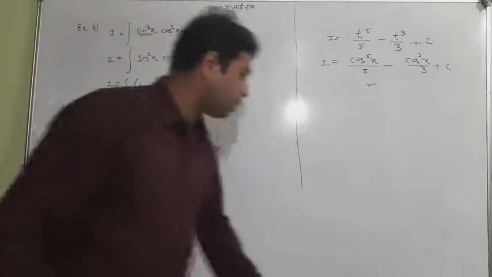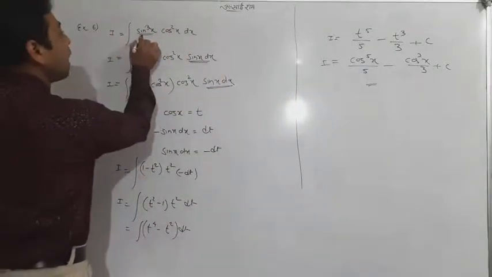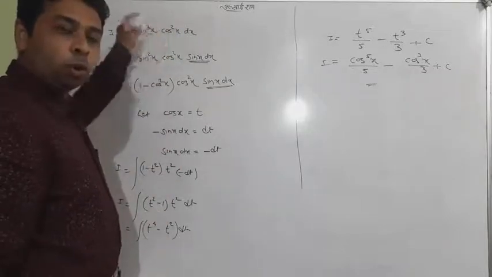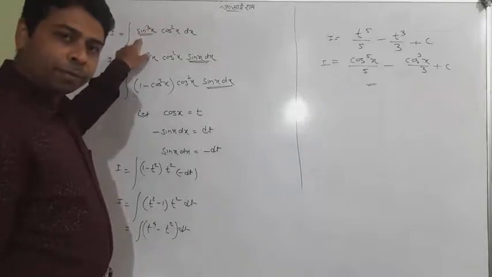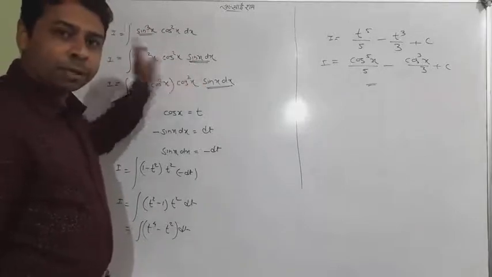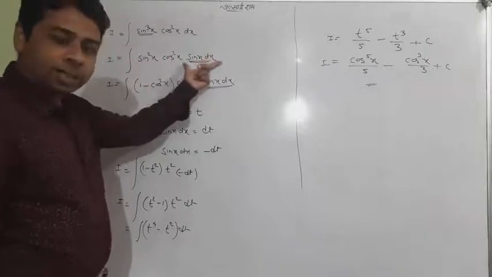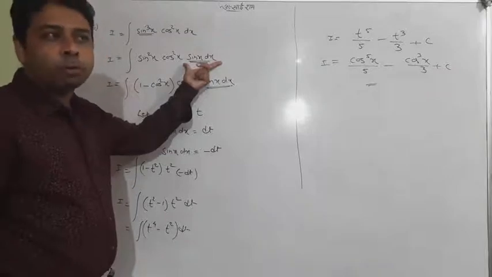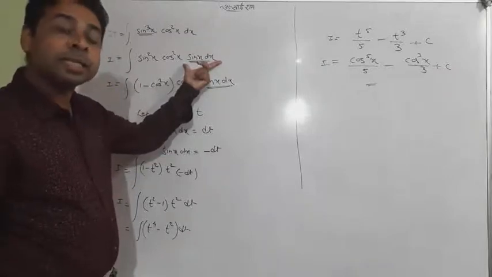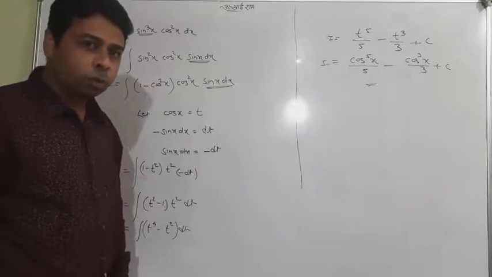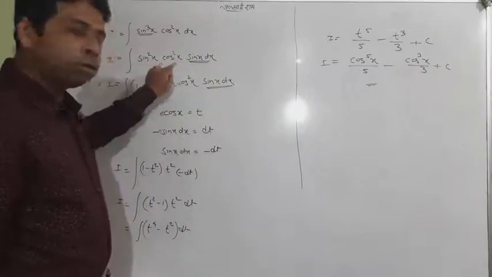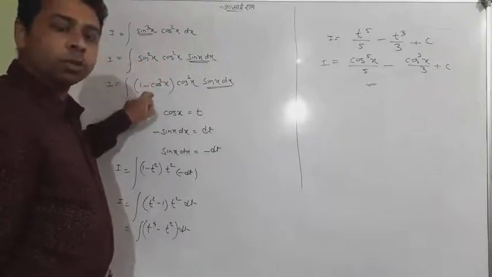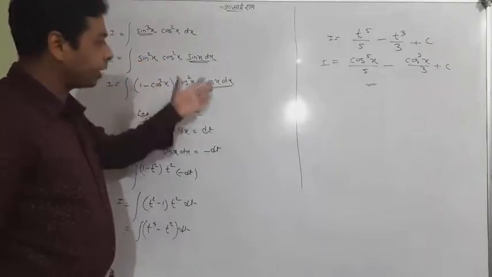Okay students, let me explain something. Whenever sine and cos are coming together, with an odd and even power, you always separate or split the odd power into two different powers, one power and the rest. Sin x dx is coming here, which gives us the indication of what you have to consider as t. That sin x dx will come after assuming cos x equal to t. So turn all the terms into cos x. Turn everything into cos, then assume cos x equal to t and get your answer like that.